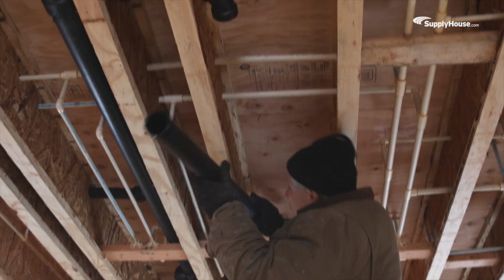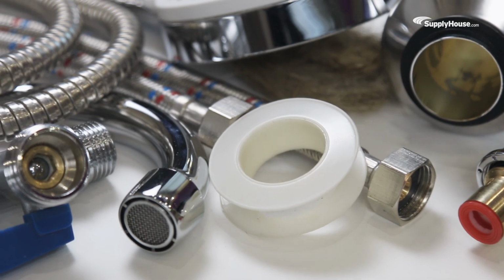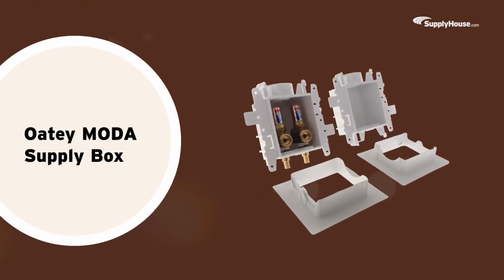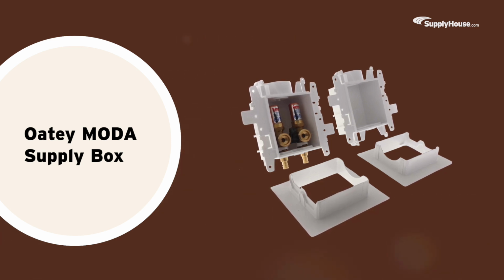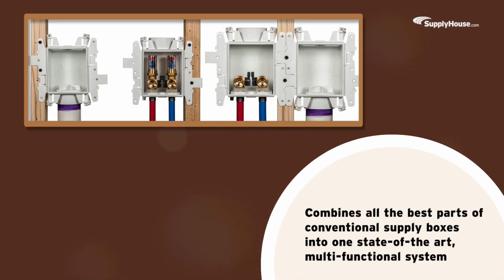Plumbing jobs come in all shapes and sizes, so flexibility and versatility is key when it comes to your choice of tools. The Oatey MODA supply box system provides infinite solutions to supply box setup problems, making it the perfect addition to your setup and install arsenal. Today, we're taking a look at how this state-of-the-art product combines all the best parts of conventional supply boxes into